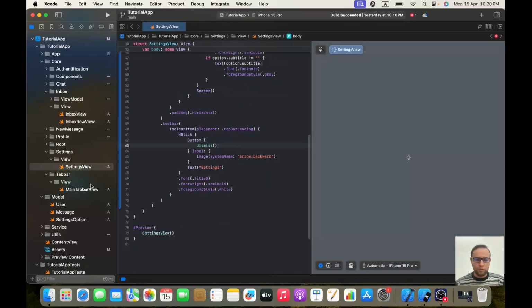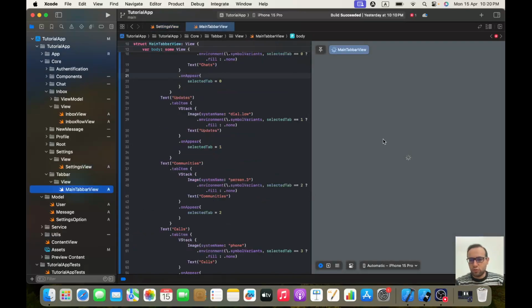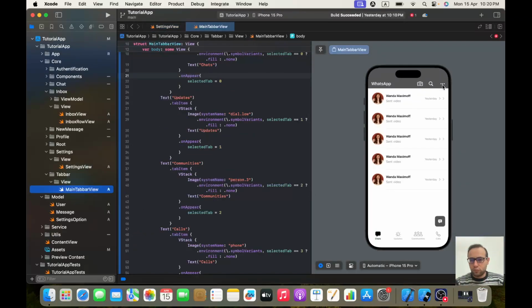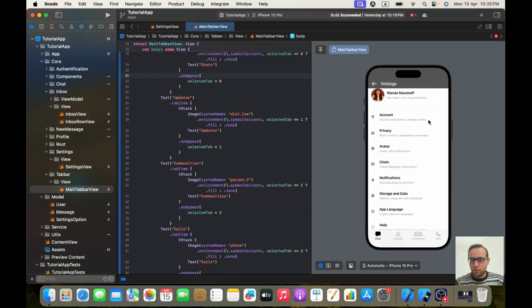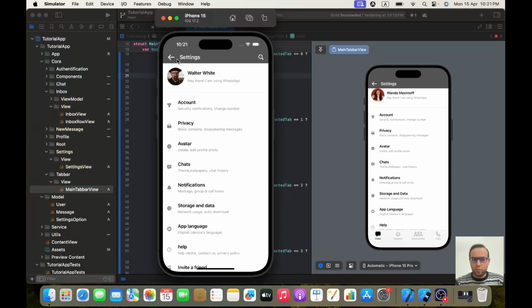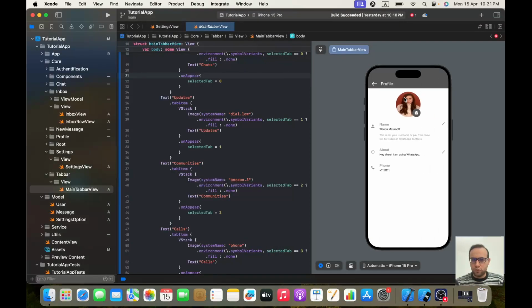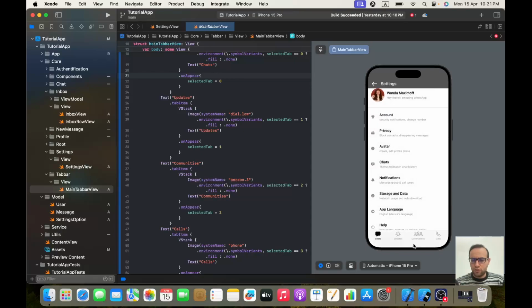Okay, now if I go to my main tab bar view to check, so click on it. If I go to settings, okay, we need clearly a padding of dot vertical or dot top. We miss padding of dot top here, and we also need this one. And if I go to profile, so perfect, but here I still got also this tab bar to handle, so